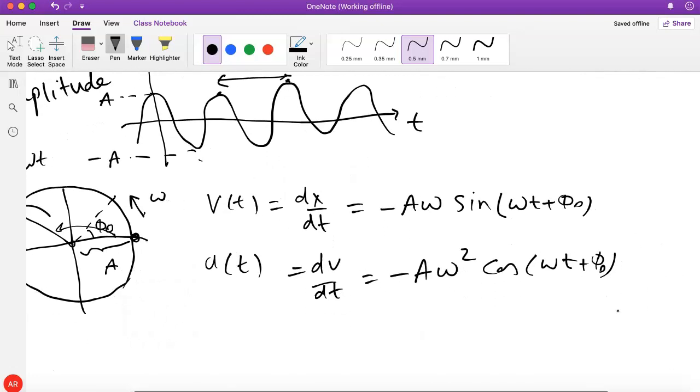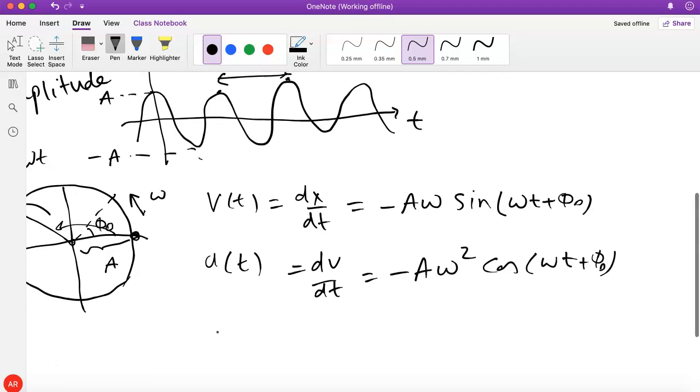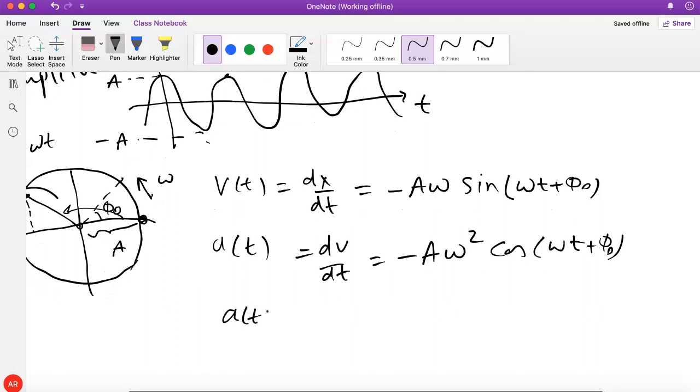So we'll see that the maximum speed is A times omega, and the maximum acceleration is A times omega squared. The acceleration is just proportional to the displacement. So that's another useful expression,